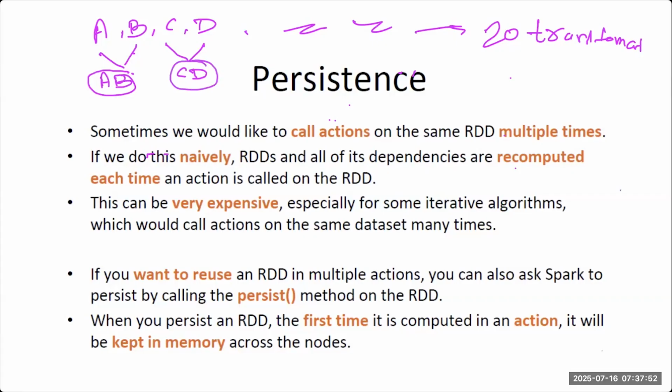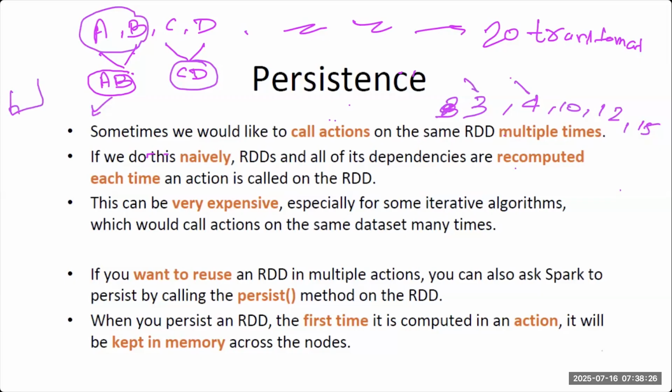Okay, so let's suppose I have a series of 20 transformations, and at some places, let's suppose after the third and fourth transformation, then the 10th transformation, and after the 12th and 15th transformation, I'm going to use it again. So I have two options. Either I will calculate it again, join and calculate it, or maybe I can store it somewhere. Let's suppose I store it in my executor.